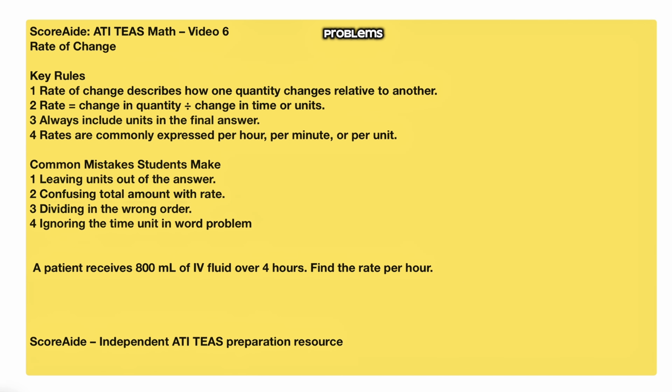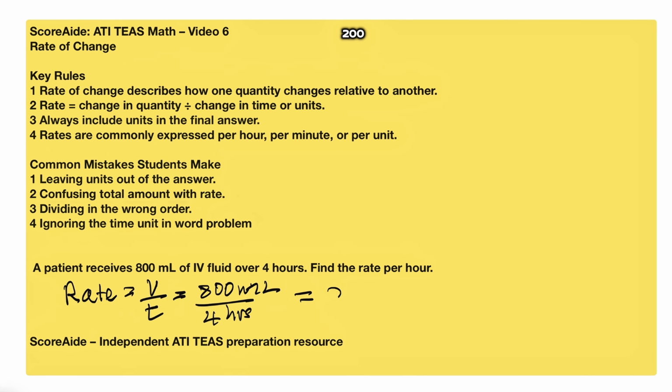These rate of change problems in the TEAS exam can range from something as simple as: a patient receives 800 milliliters of IV fluid over 4 hours. Find the rate per hour, right? So you see that the rate here is just gonna be equal to volume over time, which is equal to 800 milliliters over 4 hours. So this is just gonna be equal to 200 milliliters per hour. So that would be the rate at which the patient will be receiving